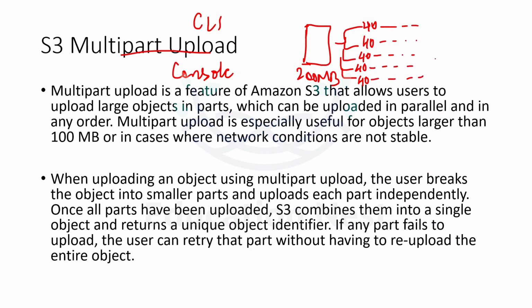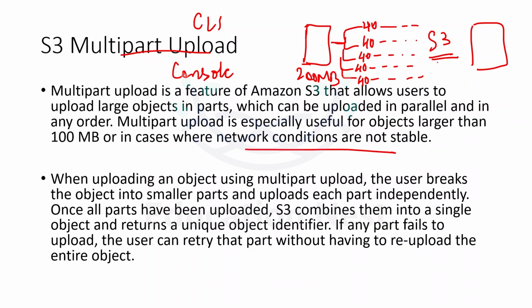So what would be the advantage of this? When we don't have good network conditions, when our network is not stable, at that time we can use multi-part upload. Each smaller part would be uploaded independently. And once all these parts are uploaded, S3 would combine them again into a single